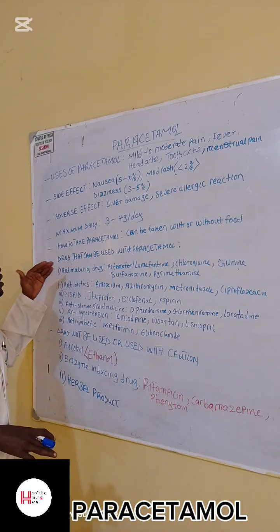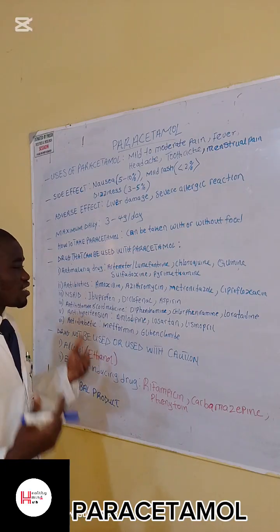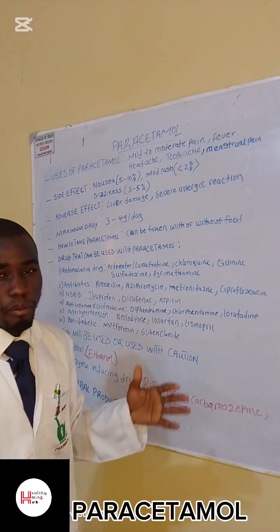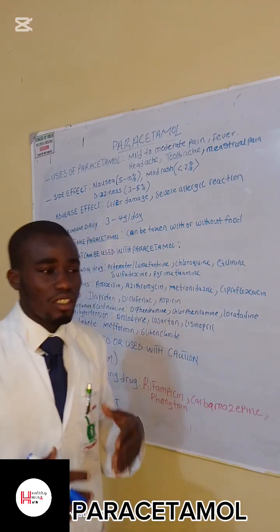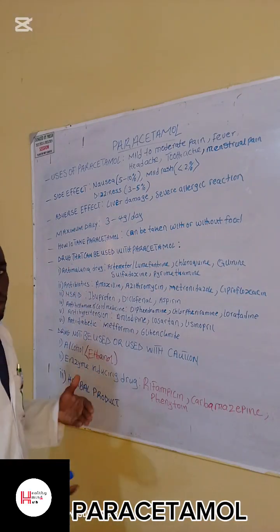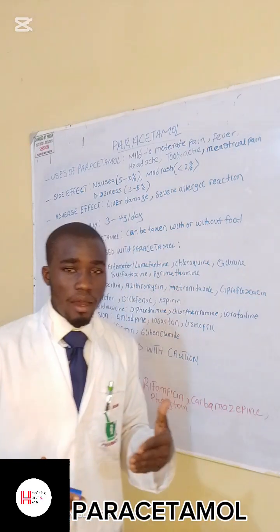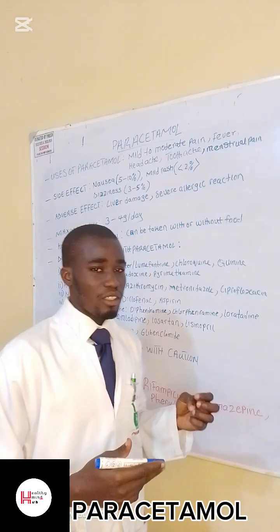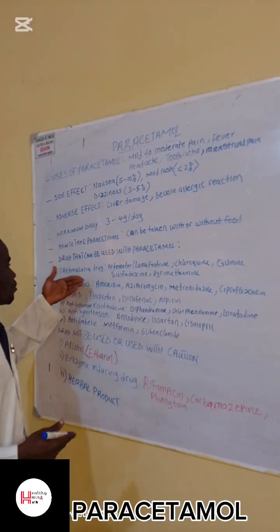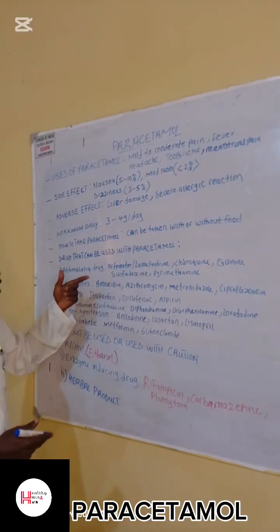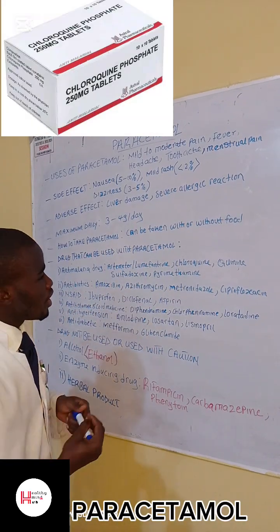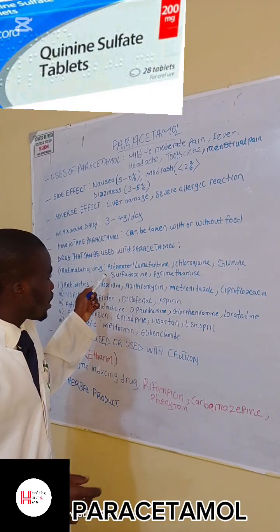And we have drugs that can be used with paracetamol. What are the drugs that are safe with paracetamol? Most especially, they are usually combined together in the hospitals or in the pharmacy. One of them is anti-malaria drugs. You know that when you have malaria, you are mostly given anti-malaria drugs and paracetamol. What are the safest drugs that can be combined with paracetamol? We have anti-malaria drugs: artemether, lumefantrine, chloroquine, quinine, and we also have